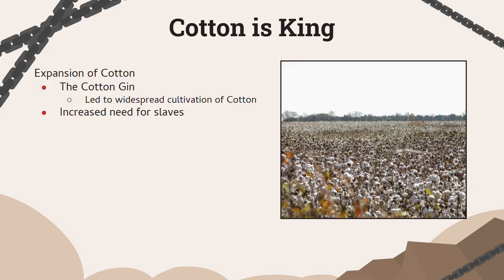What the cotton gin did is it made the separating of the seeds from the cotton much faster and easier. And that in turn made wide-scale production of cotton more possible. Meanwhile, there was also a huge increase in the profit in the cotton industry. And so more and more southern farmers began to adopt cotton as their key cash crop. And as that happened, it also greatly increased the demand for slaves as well.